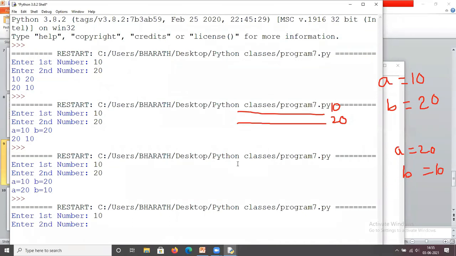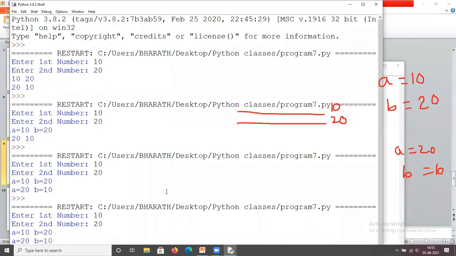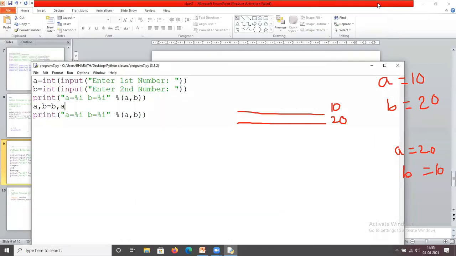Ten, 20. So A equals 10, B equals 20. And by using addition also, we are going to swap the numbers.